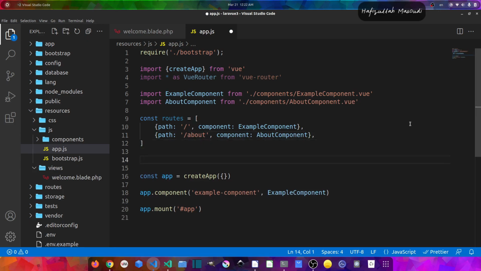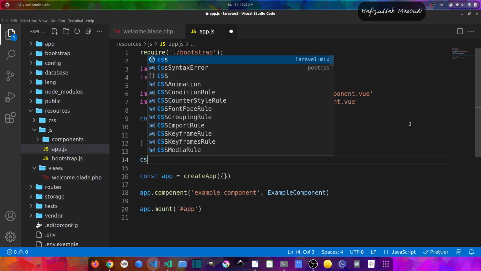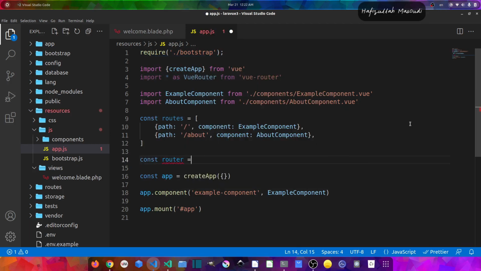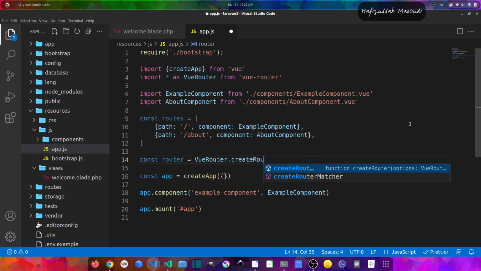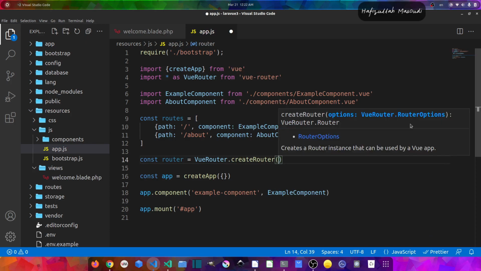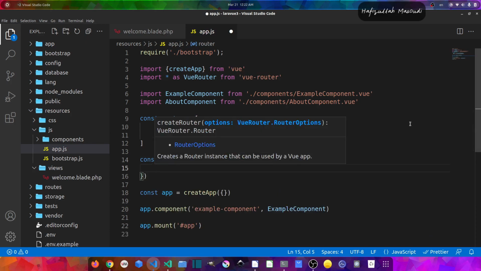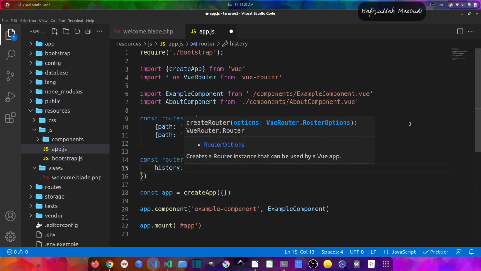So let's put enter here and let's say const router equals VueRouter, parenthesis, or not parenthesis, guys, dot createRouter, and then parenthesis and curly braces, and let's declare the history. We want this router to use web history because we don't want the hashtag in the URL. So let's say VueRouter